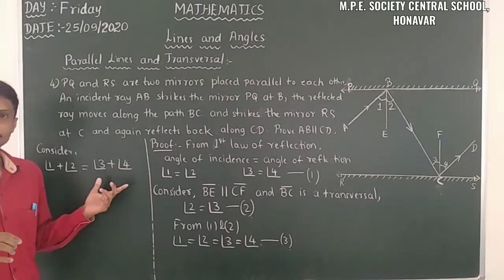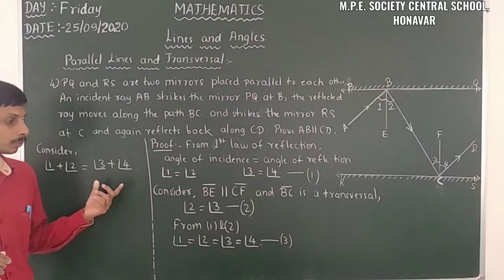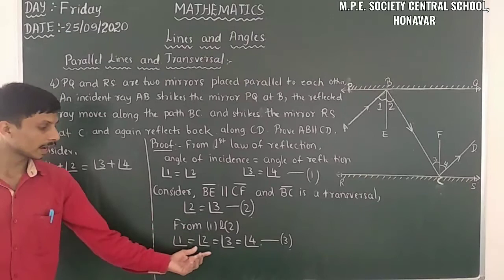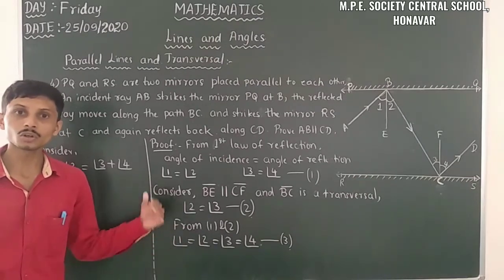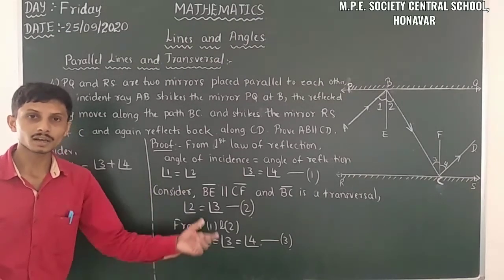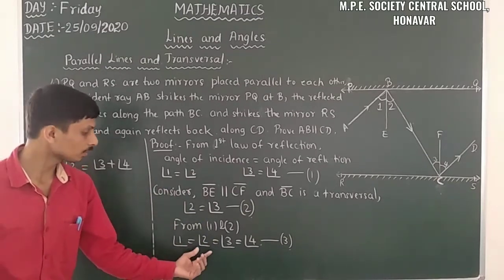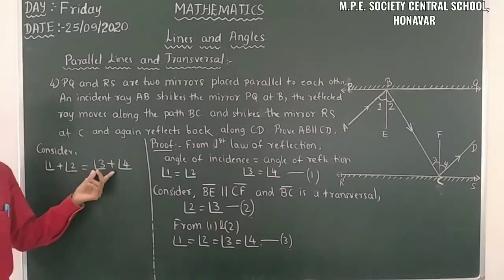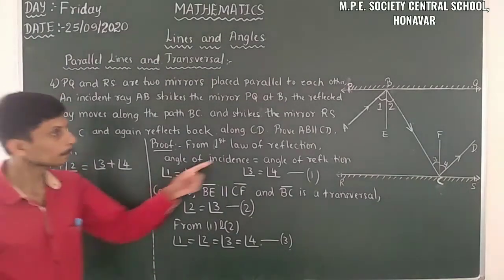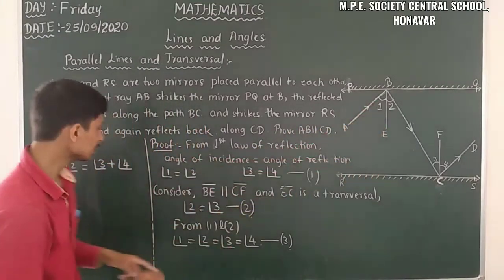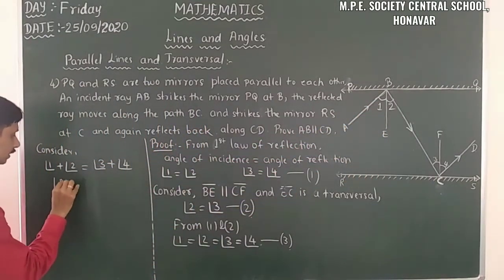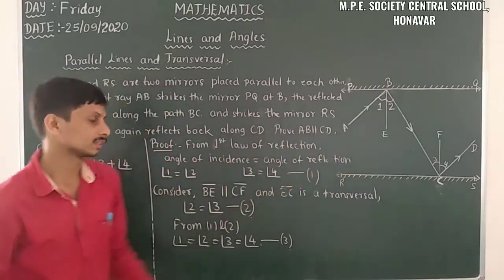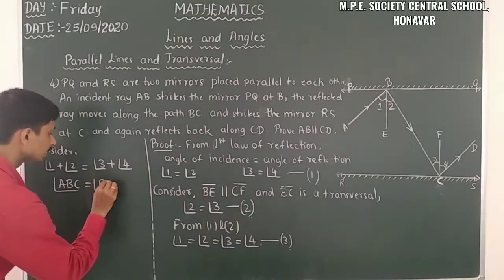So it is a correct assumption, because here all the angles are the same. That means when we add any two, the result will be equal to the sum of another two. So likewise, I will add 1 plus 2 is equal to 3 plus 4. So what happens? 1 plus 2 is equal to angle ABC. Angle ABC is equal to angle 3 plus 4, which is angle BCD. Yes, it is angle BCD.